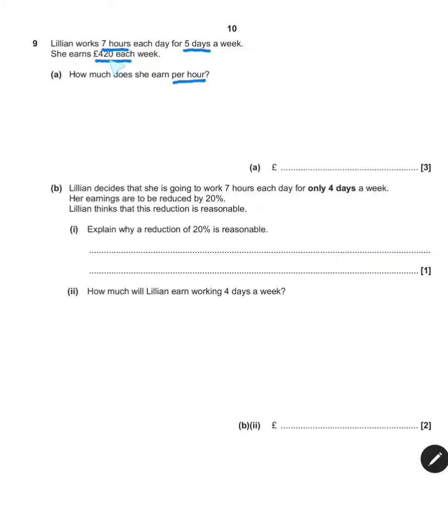If you know to take this 420 and divide by 5 and divide by 7, just writing that gets 2 marks. Just knowing to divide down is worth 2 marks. I'm going to do this one step at a time. So I'm going to do 420 divided by 5. I've written my division like this because I'm going to use my equivalent fractions again. If I double top and double bottom, I've got an equivalent calculation. I get 840 divided by 10,